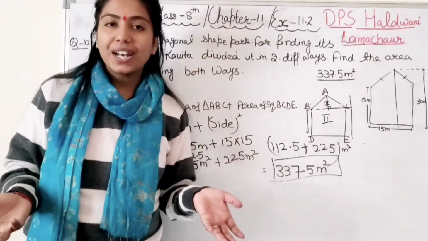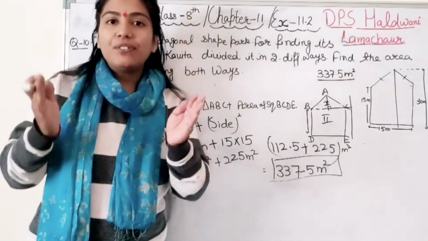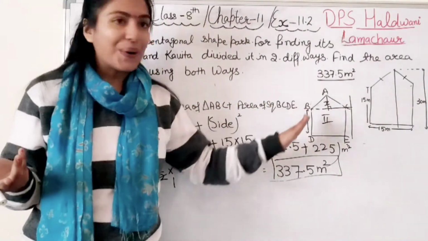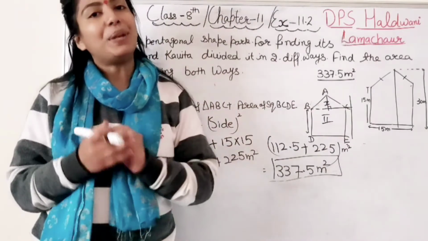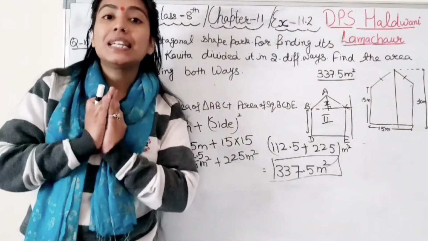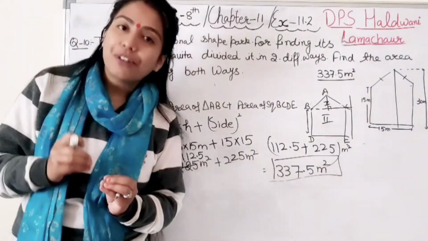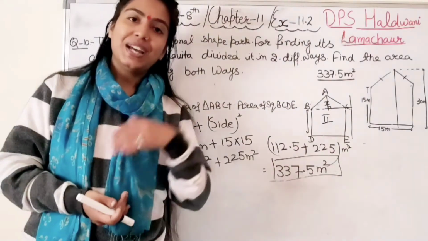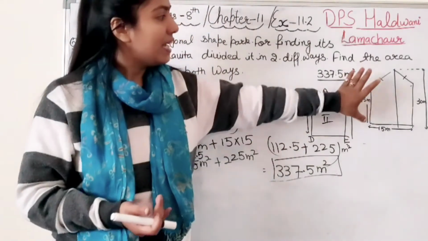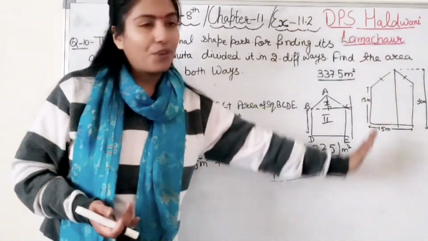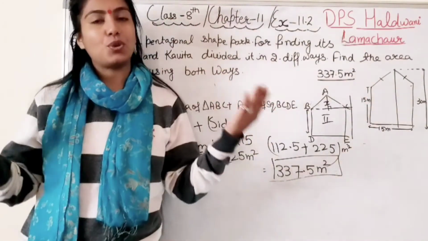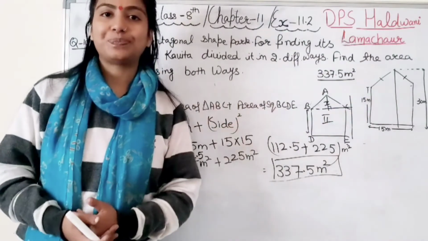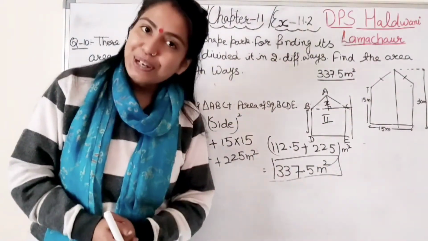So area will not change, right? So got it, student, any one particular figure, however you mold it in a different way, the area will not change. So you got this thing. This is just a complicated, lengthy question, but the thing is the same only. Every time you have to put the formula and put the values into it, but the calculation should be right. So got it, student, this question is very simple only. The shape was divided twice, first of all horizontally and then vertically. Whatever figure is formed, accordingly we put the formula and values as already mentioned to you. So that's it, student. I hope you understood this question.